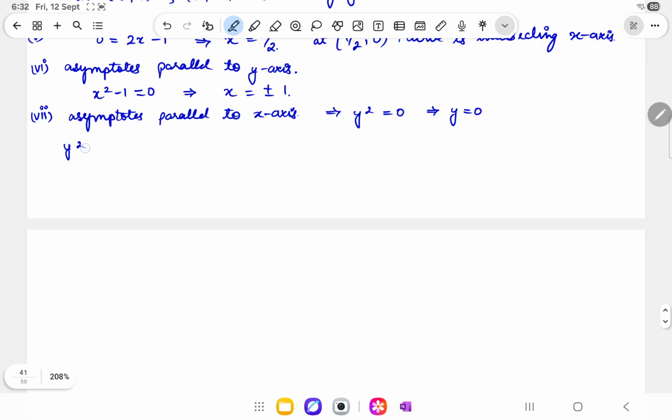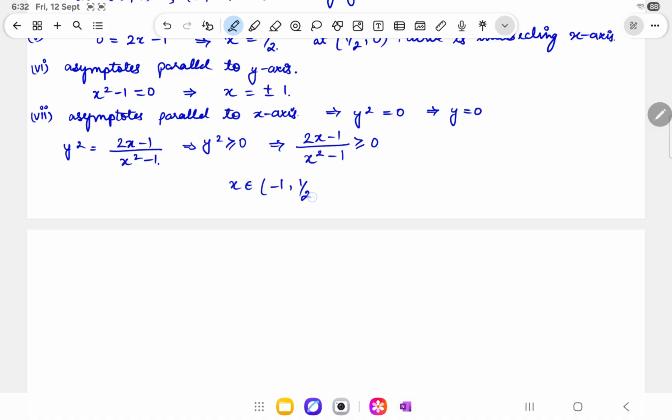So y square is equal to 2x minus 1 divided by x square minus 1. But we know that y square is always greater than or equal to 0. So from here I'll be getting that 2x minus 1 divided by x square minus 1 should always be greater than 0. So from here, if you see, I'll be getting x in between